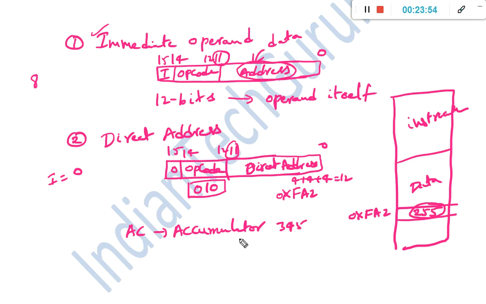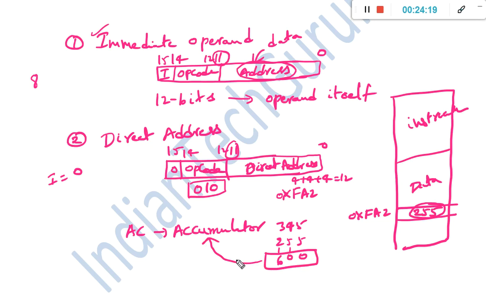Okay. Now what we are going to do is perform the addition operation with the value fetched from 0xFA2, that is 255, and the value in the accumulator, that is 345. So we are going to add these two. So 5, 5, 10, 10, 6. So the result is 600, and the result is stored back in the accumulator.